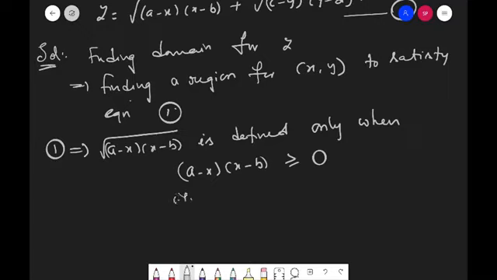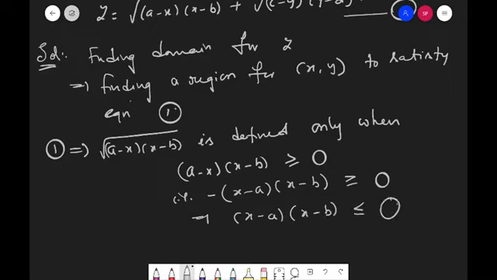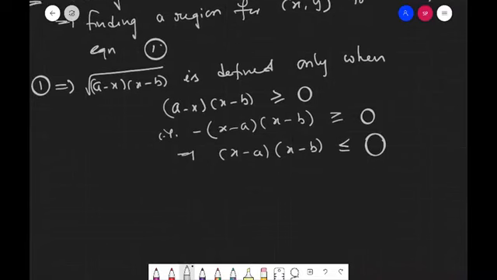That is, if I take minus common, minus of (x minus a) into (x minus b) greater than or equal to 0, which implies (x minus a) into (x minus b) is less than or equal to 0. And if you remember from quadratic equations, when (x minus a) into (x minus b) is less than or equal to 0, then x lies between a and b. This you learned in intermediate. So similarly,